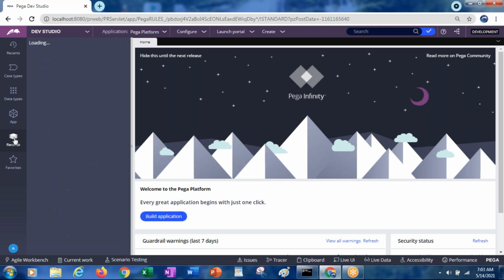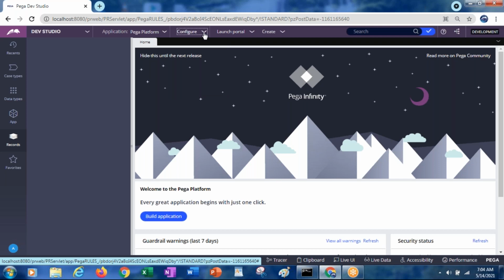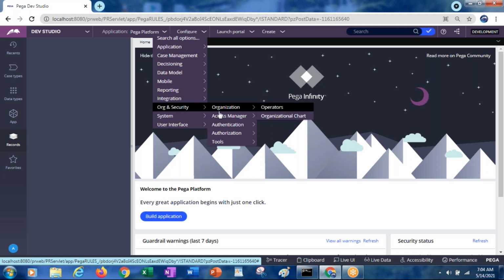So where exactly are the operators available in this Pega environment? Organization, Organization and Security, Operators.